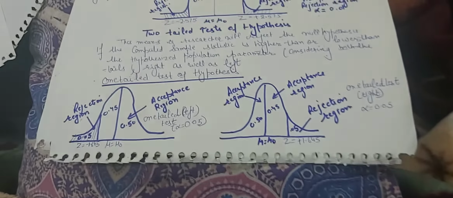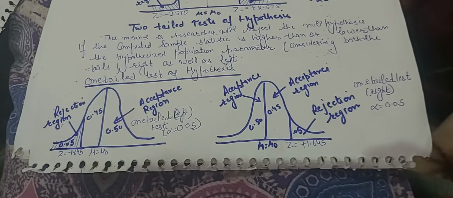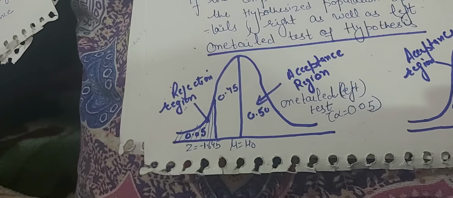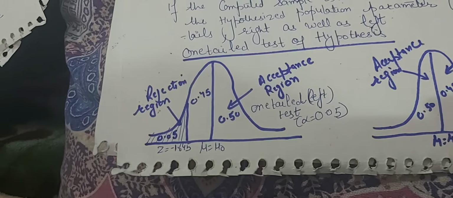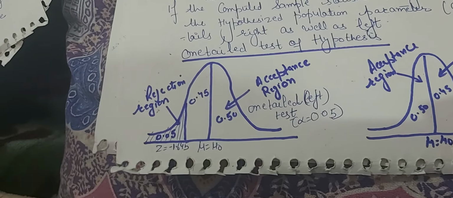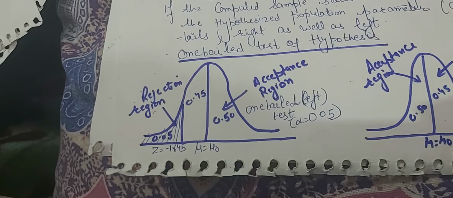Now come to the one-tail test of hypothesis. You can see here, only on the right-hand side or the left-hand side is a rejection region in the one normal distribution curve. If you go ahead, it is a one-tail test, and that is the left one. Here you can see z is equal to 1.645, and in the center mu is equal to mu 0. It means the population mean is equal to the hypothesized mean. You can check here 0.50 acceptance, and here it's 0.45,